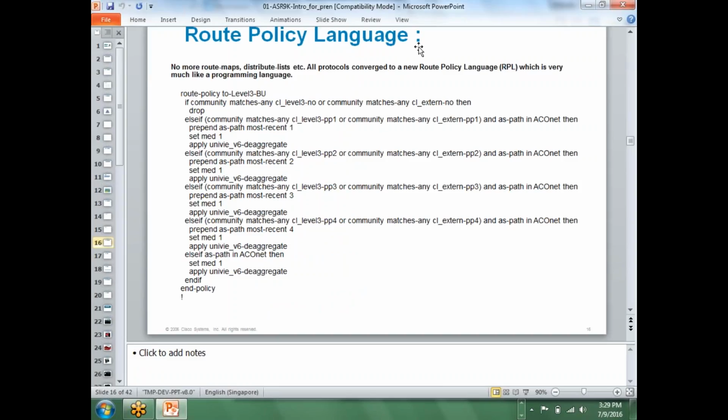This is really difficult in ASR. They have removed the feature called route map, and they have added something called route policy language. You can see here this is 100% programming,